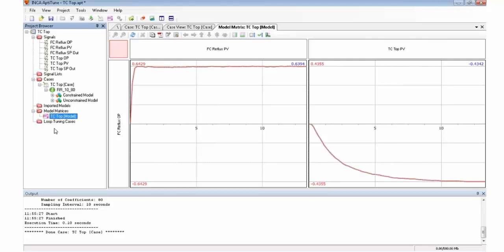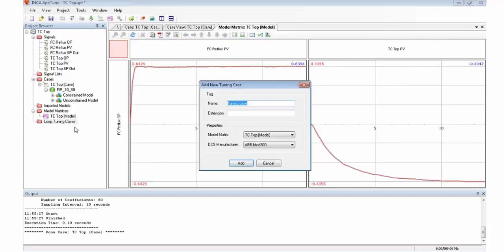Now we've reached the point that we finally start tuning, so I'm going to add a tuning case, call that TC top also. I have to pick which model to use, but I have only one model matrix, so that's a simple selection. The other thing you need to specify here is what is the brand, the manufacturer of your DCS. Different DCS vendors implement their PID loops slightly differently, and they call their parameters and scale the parameters of